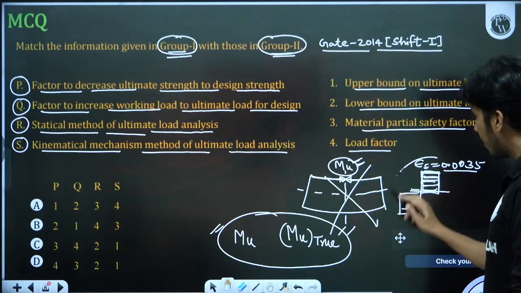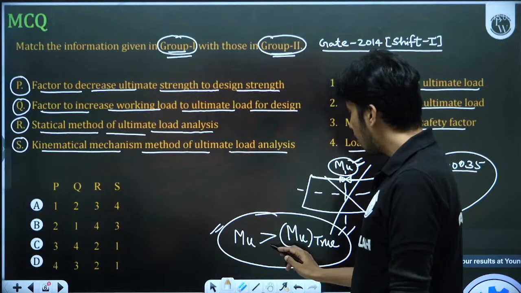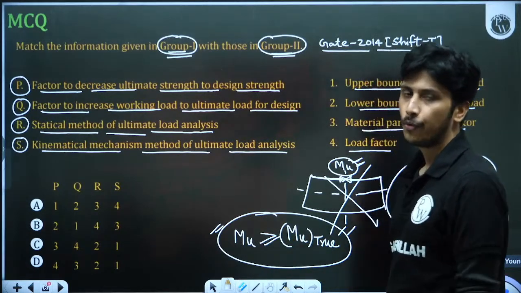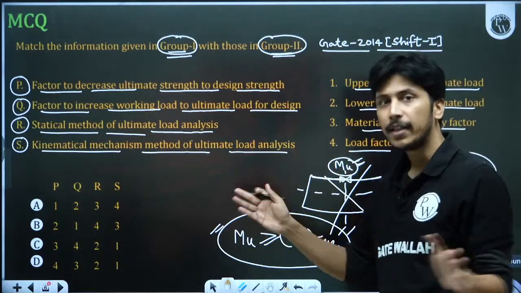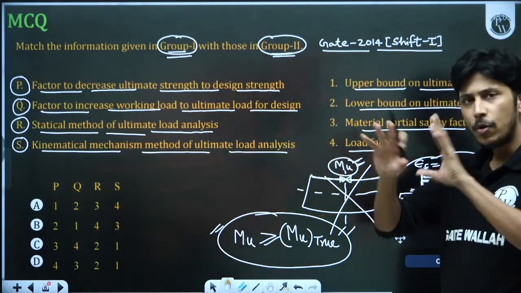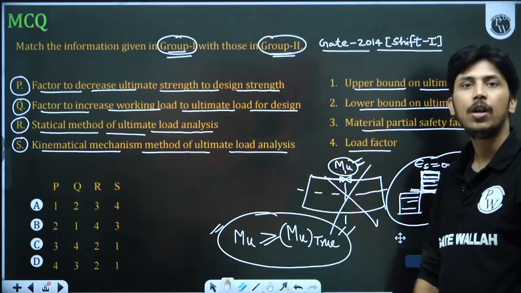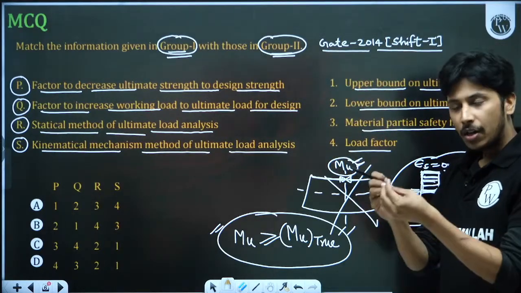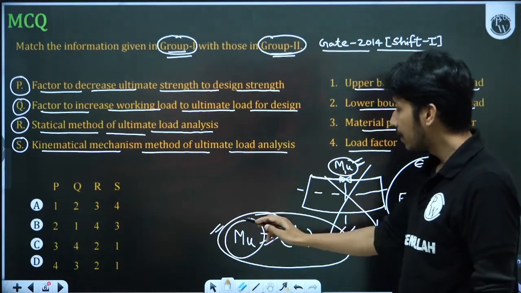So in this upper bound mechanism, we are calculating the collapse moment as more than or equal to Mu true, just after the collapse or just at completing the collapse. If we calculate the moment just at completing the collapse, the whole section is completely collapsed. Now it is just going to fall, or the whole structure has fallen. When we calculate the moment at that time, this is called the upper bound.